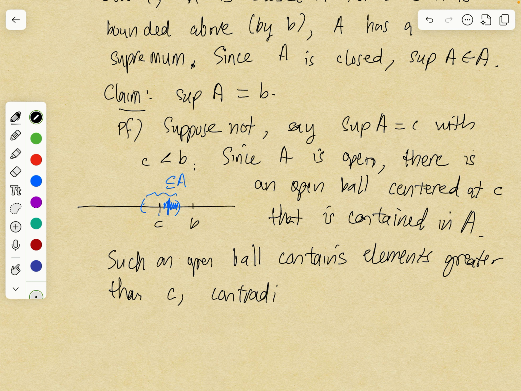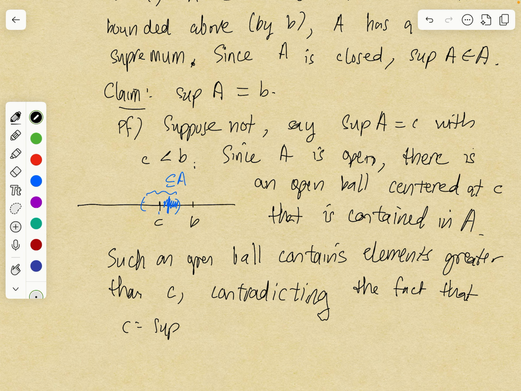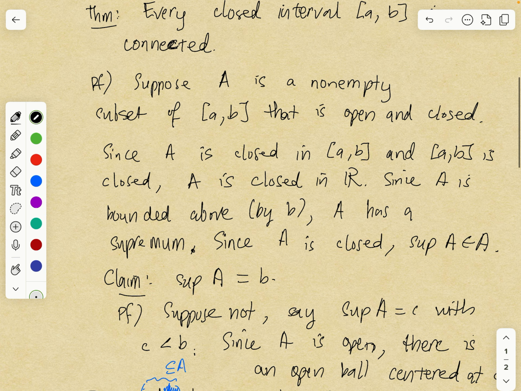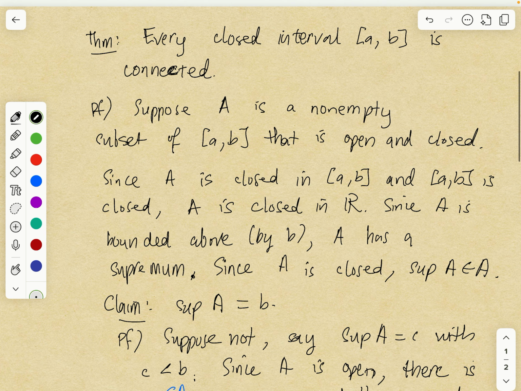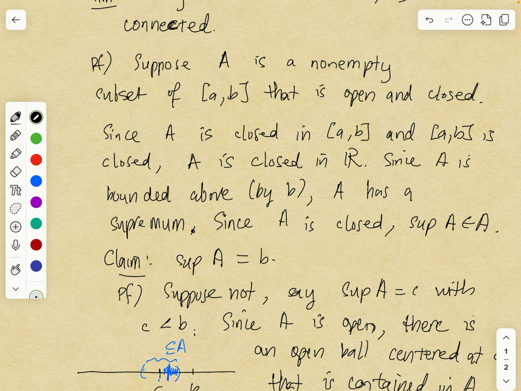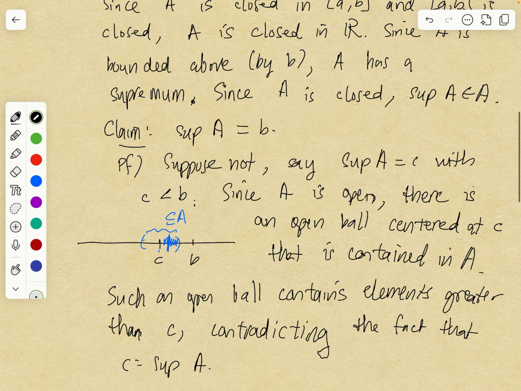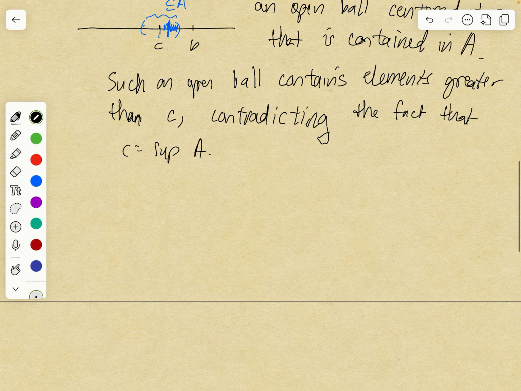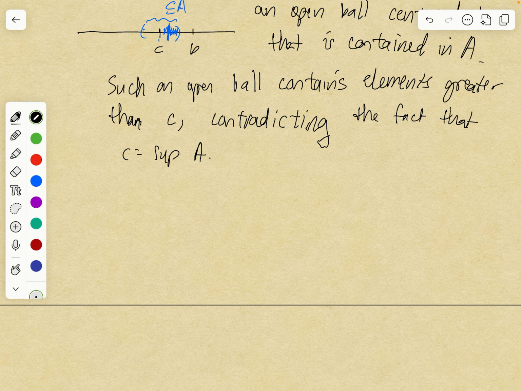Contradicting C being the supremum. Okay? So the supremum of A is B. Well, I claim we're done, because what we showed is that whenever you have a non-empty subset of this closed interval, AB, that is open and closed, the supremum is B, right? And therefore B must be in A. So we proved the claim, so we conclude that B must be in A,